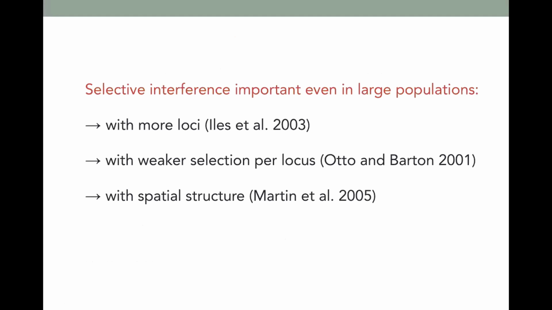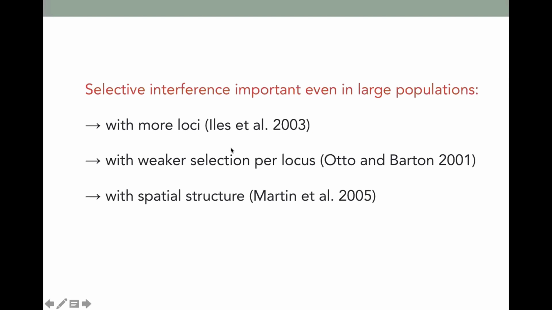And that is partly something that we can see from the molar diagram that Crow and Kimura drew. In larger populations, we're going to see more variation across the genome segregating at any one point in time. And with that increased variation, we're going to see more interference. There's going to be more neighboring loci with selectively impactful alleles than if the populations were small.